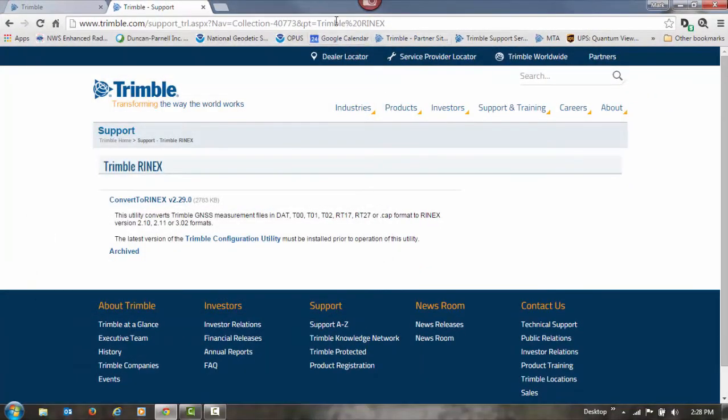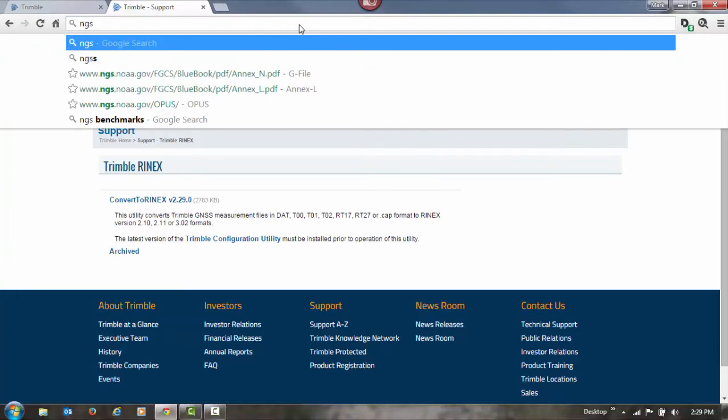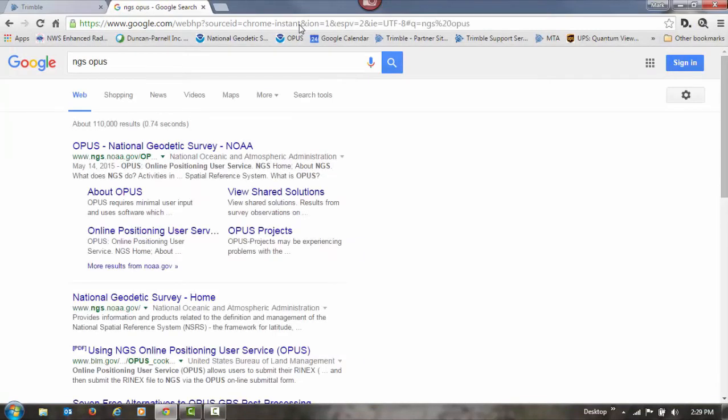Now I can browse for the Online Positioning User Service in my web browser. I've got it in my favorites. If you don't have it there, easy thing to do is in Google or any search engine, just go to NGS, the National Geodetic Survey, OPUS, and if you search there, it should take you right to it. Then I can click on that link,